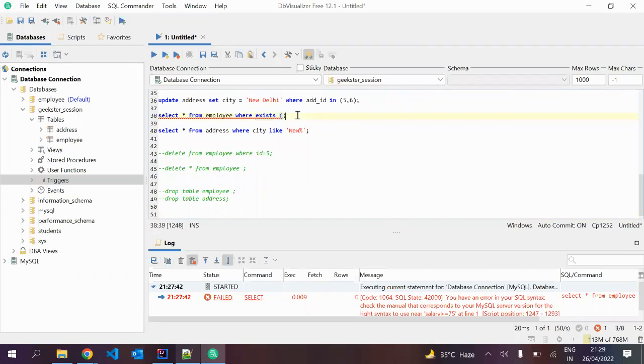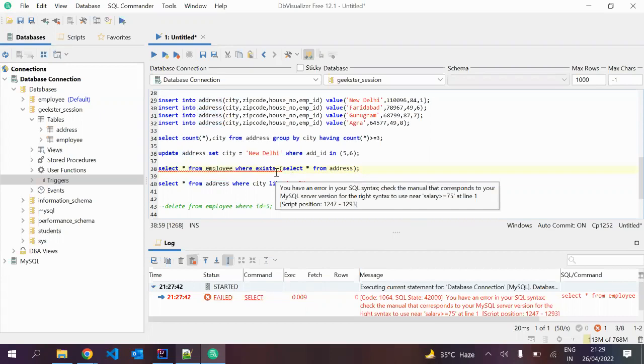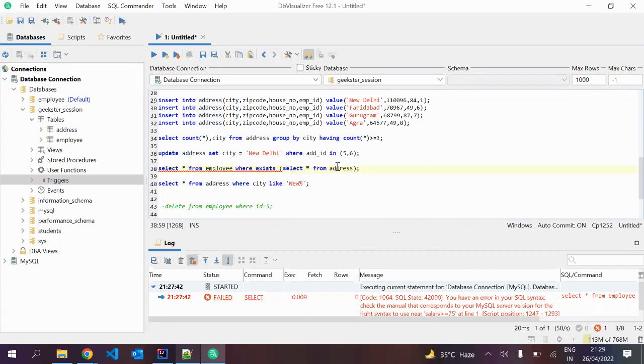Now I will just include two tables. एक table मेरे पास employee था. Now I am going to add one more table. Select what I need to select, let's say star from address. अब मैं ये चाहता हूँ कि employees भी आ जाएं, उनके साथ उनके addresses भी आ जाएं. Okay, select star from employee where exists, where exists, मैं क्या लिखता हूँ, select star from address